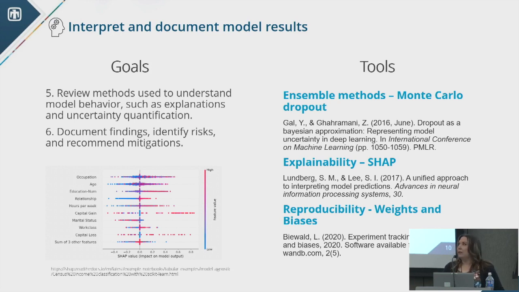And so this is a smaller subset of all the available tools. All of these are active and open areas of research, but I'd like to share just a couple of anecdotal incidents where I avoided some failure just by doing some simple things by way of some of these tools. And so we'll talk through Monte Carlo dropout in the context of deep learning uncertainty quantification. SHAP is an explainability method, post hoc explainability for black box models, and then finally reproducibility with weights and biases.